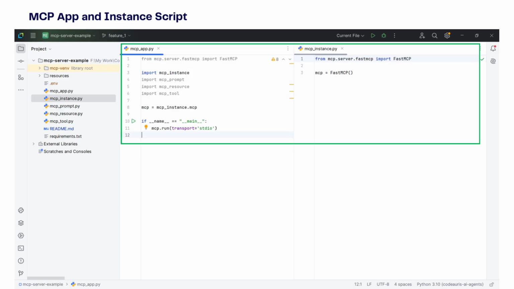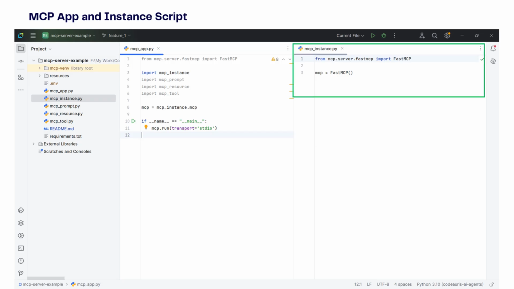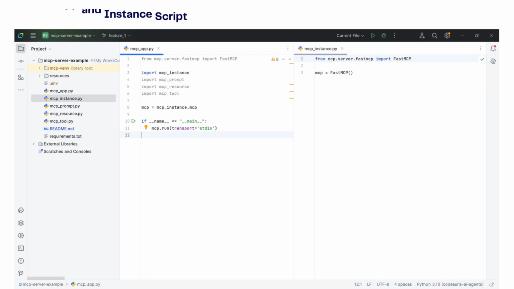Inside the MCP instance, we define how the MCP server is set up, connecting all the components like prompts, resources, and tools loaders. It is responsible for configuring the server's core behavior, setting up communication channels, and preparing it to handle incoming MCP requests from the model or client environment. In this example, we are defining a single instance of the FastMCP server using its default configuration. We'll use this instance with annotations when creating tools, resources, and prompts.